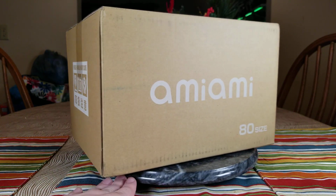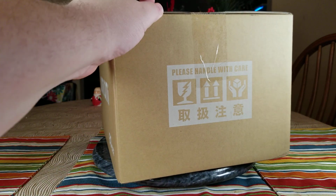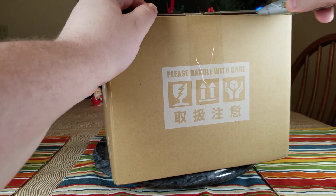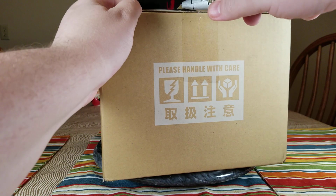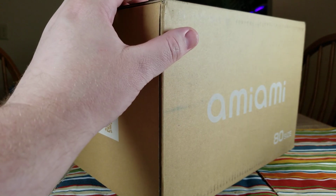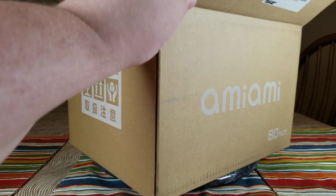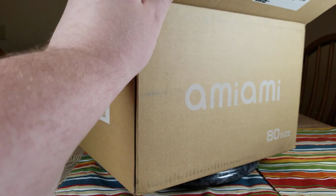Who do we got? Well, I'm sure you already know if you've been following this line of figures, but let's go ahead and get them open. We will be doing two figures in one again, because that's how this series seems to be working with Nekopara. You know, gotta have the sisters together. So we got the top open, and we have